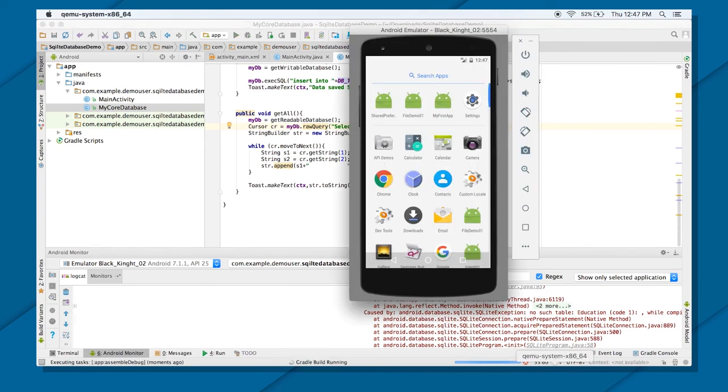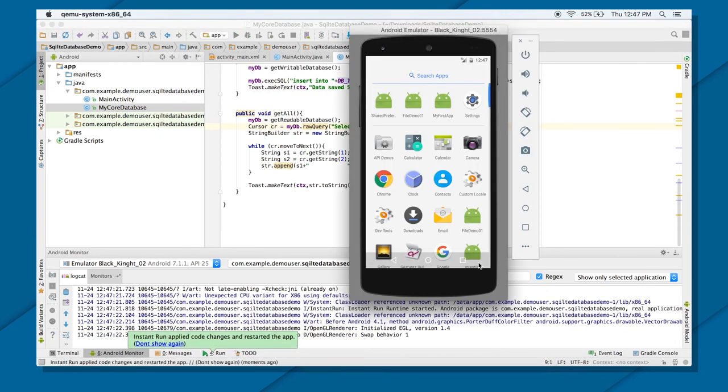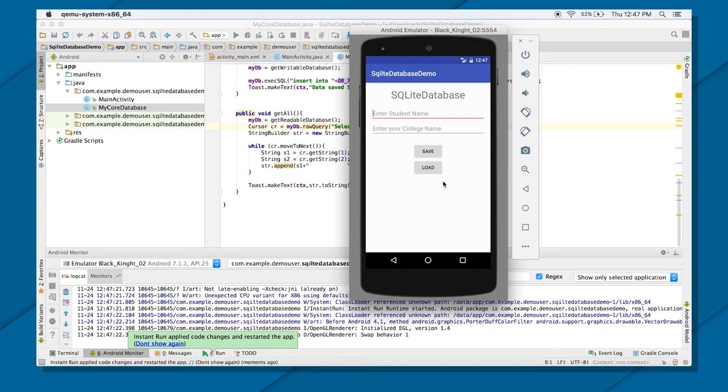It does show that my data was saved. So if I load here now, it should show me the data. See, Lalit and IPU. So it was saved before. The application was already saving the data. So if I enter some more data, let's say